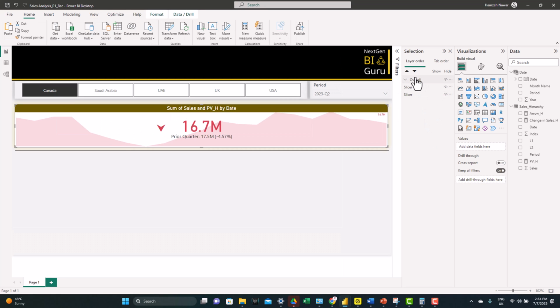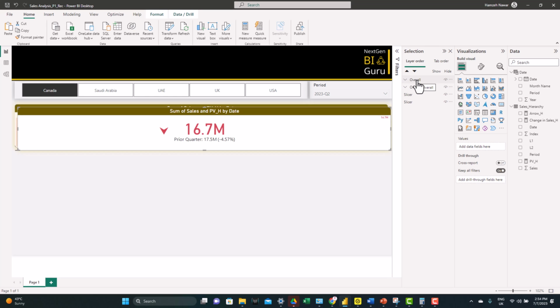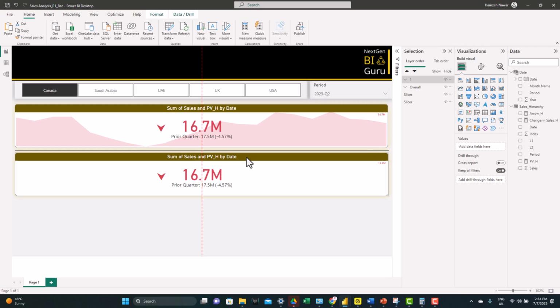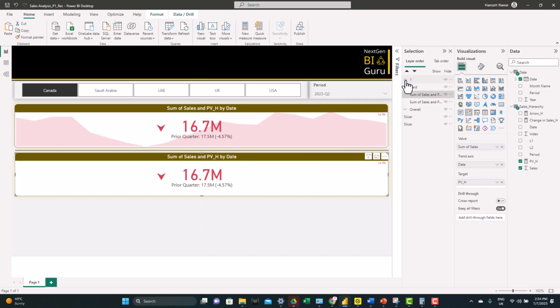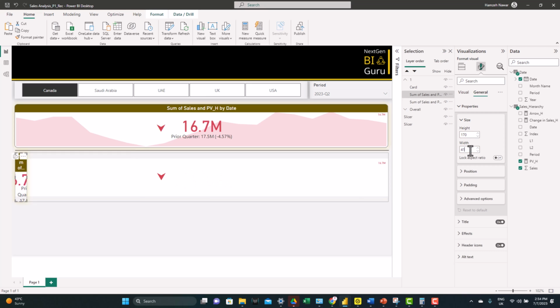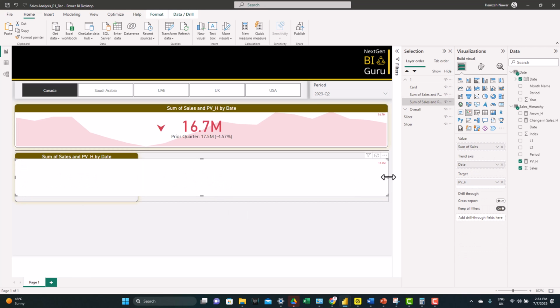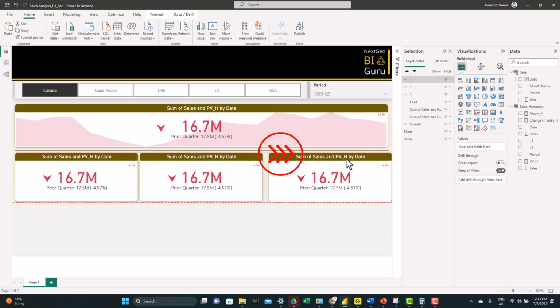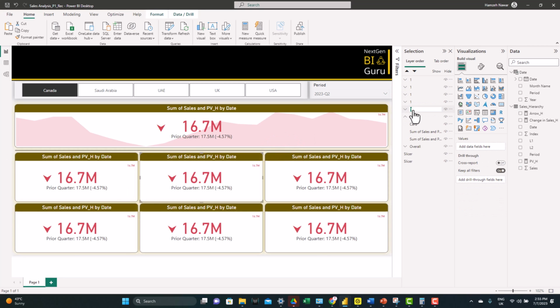Next we'll duplicate this KPI and start creating groups for each of the products. So we want to create one visual for each of the products. We have 6 products. Let's just resize it and move all of them in the correct location. And we repeat this for the 6 of them. Let's rename the groups 1, 2, 3 to 6.